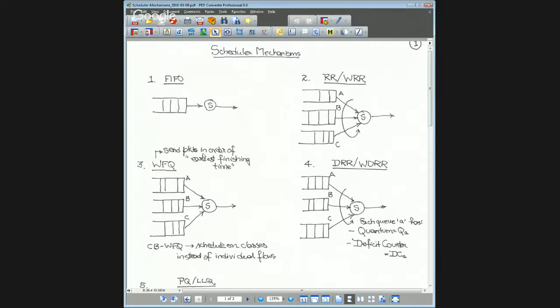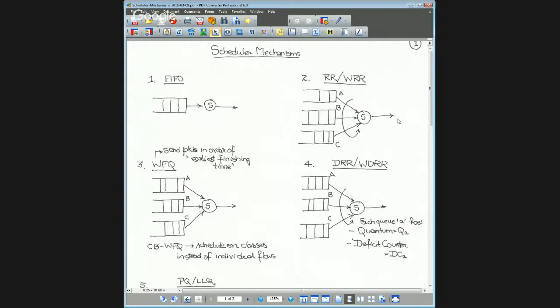Clearly, that doesn't work. So what you start to do in the next scheduling mechanism, which is round-robin scheduling, is put traffic of different types into different queues. Ideally, you put traffic of different flows into different queues. So A, B, C could represent flows, or they might represent a collection of flows that have some similarities, for example, voice traffic, video traffic, data traffic. And in the round-robin scheduler, all you do is go round and round across A, B, C, and every round you read one packet, assuming the queue has a packet, from each queue, and you transmit it